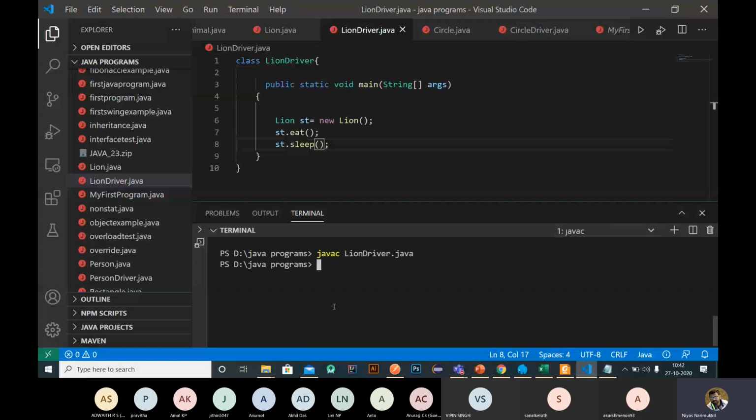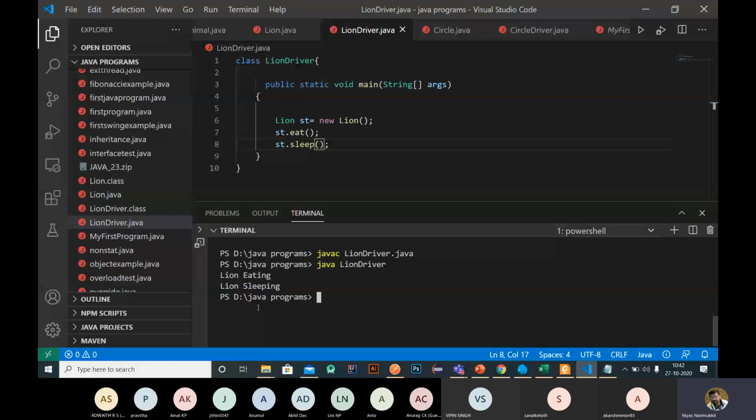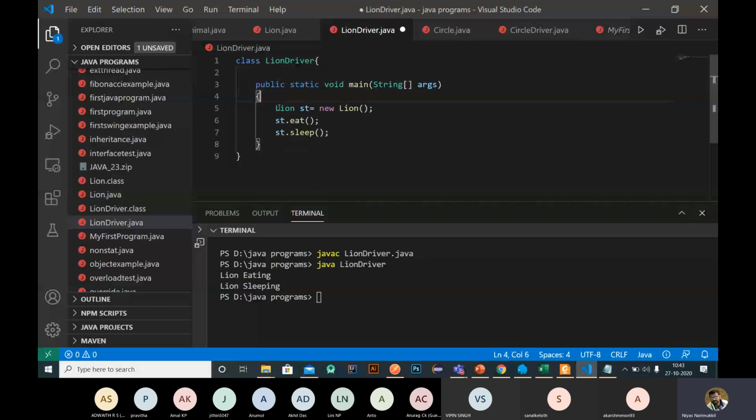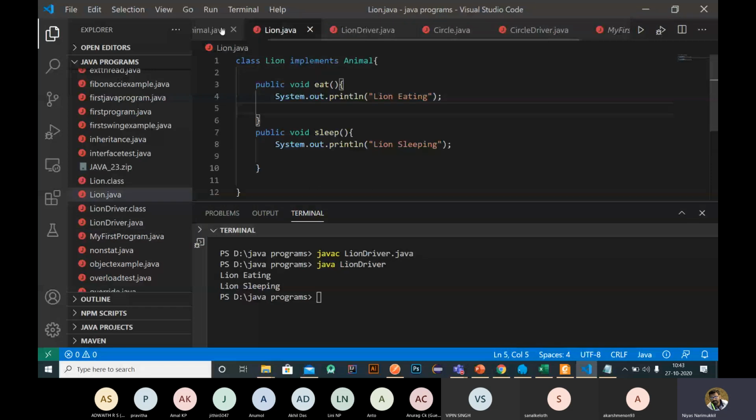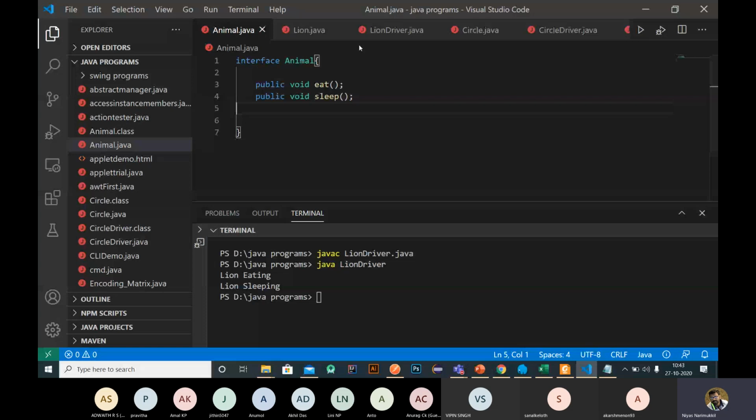So this is a concept called interface. Interface is used for the concept of abstraction. Abstraction can be implemented with the help of an interface or with the help of an abstract class and abstract methods. So both are connected. It's a different way we are implementing things. Okay, so interface is a class kind of thing. Inside an interface, we only have abstract methods. We can't use any complete methods here. If you want to use some abstract methods and some complete methods, then you need to go for the abstract class concept.